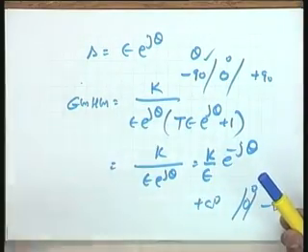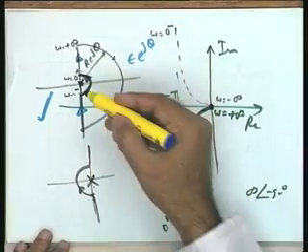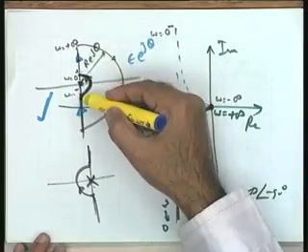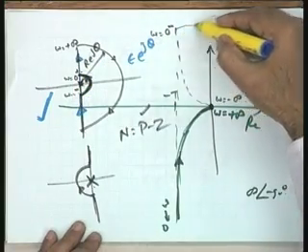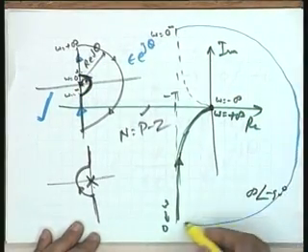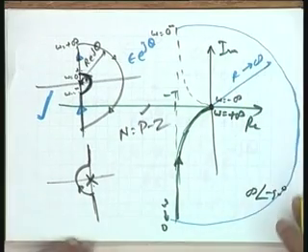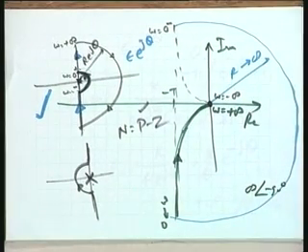The nature of the angle has now reversed. This particular semicircle was changing from minus 90 to plus 90; now it will be changing from plus 90 to minus 90. You see that in this particular case you are going from omega is equal to 0 minus to omega is equal to 0 plus through this circle which has a radius r tending to infinity, and this completes your Nyquist plot.